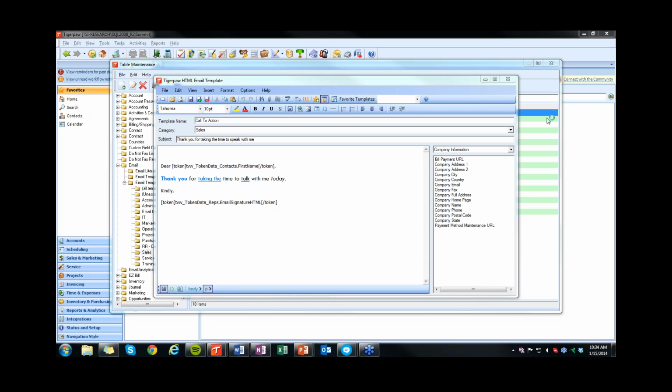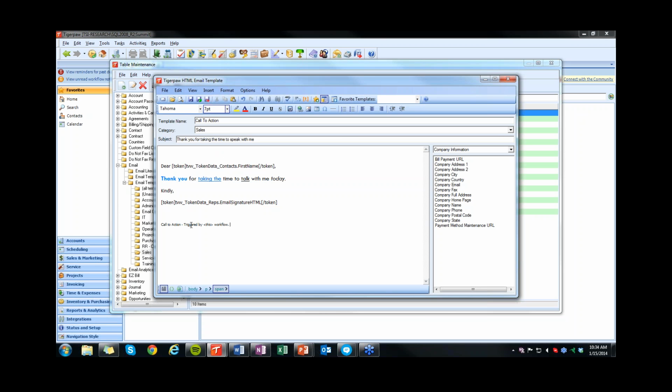Also, if it's internal, and this is something that I don't think anyone's really heard of before, it may be in your best interest to put in the template name, maybe in smaller font, at the bottom of the email. So this is call to action, and it's triggered by this workflow. So put in the name of the template and also put in the workflow you intend to use this email template for. Why? Well, because